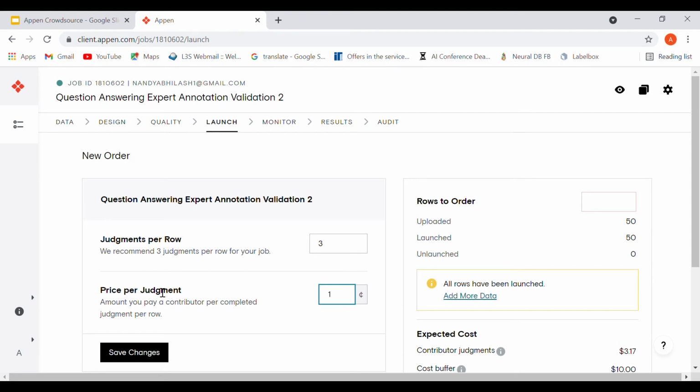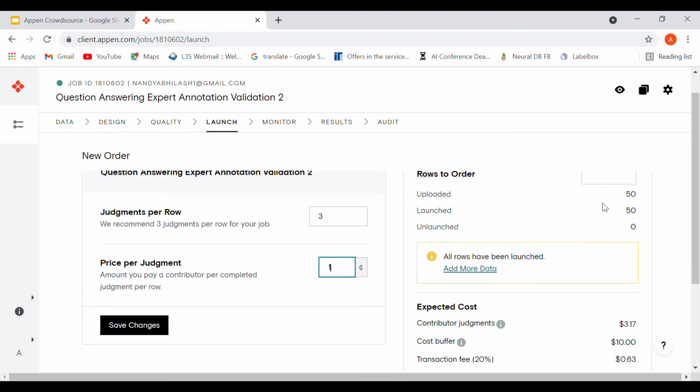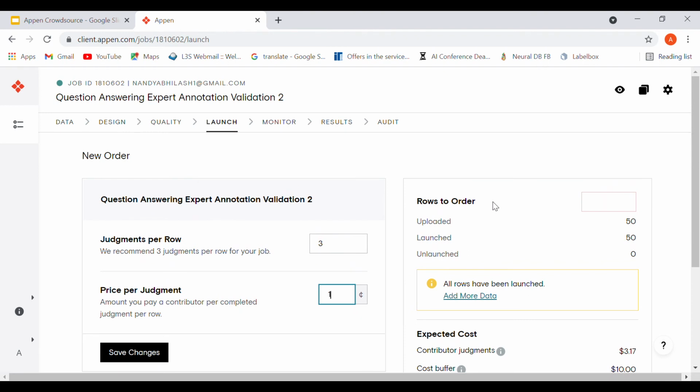And the pace of the annotation is also quite good. And over here you can control the number of rows that you want to launch, and you can either launch all the rows at a time, or you can go slow and test out a few rows and see how it performs.